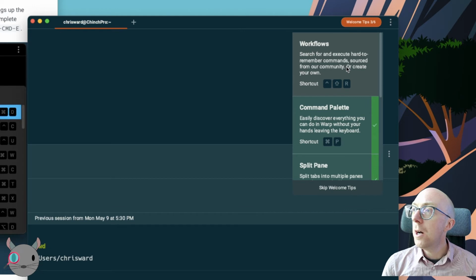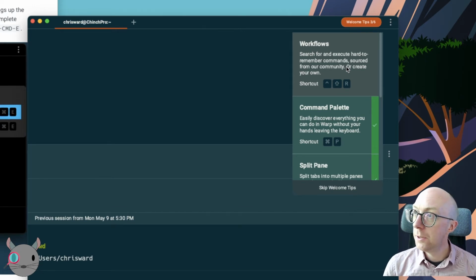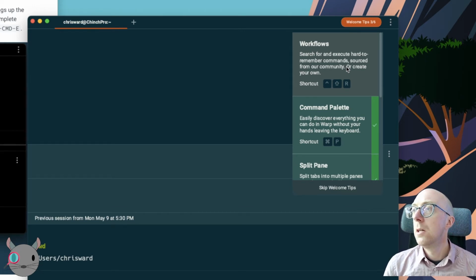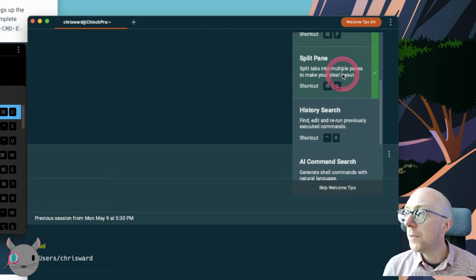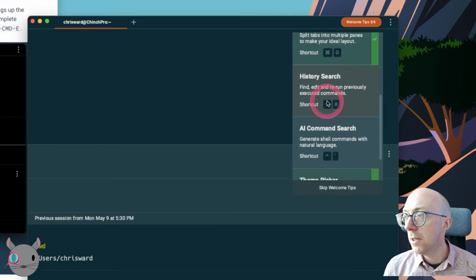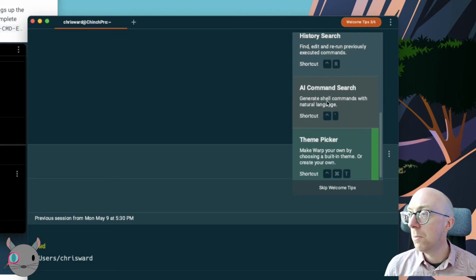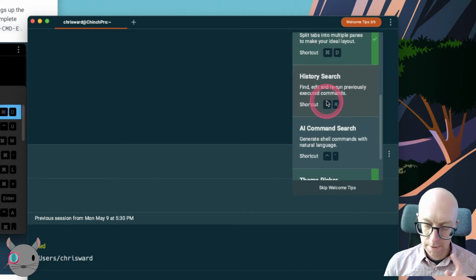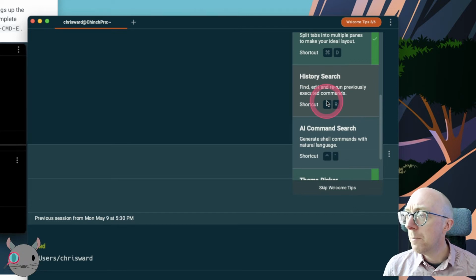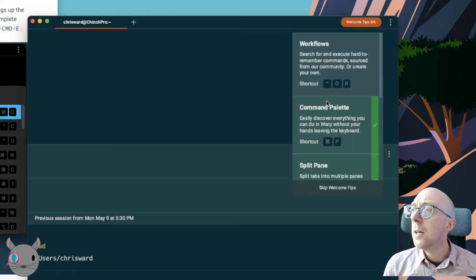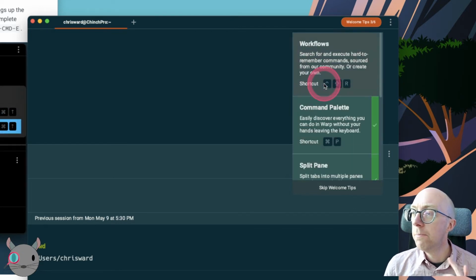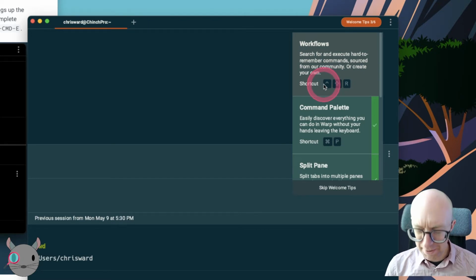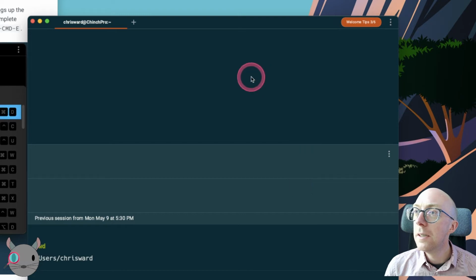Search for and execute hard to remember commands. Source from our own community. Okay. Split, we've done that. History search. Oh, that's pretty standard. AI, we should probably check that. Let's remember the shortcut. Backtick, that's a weird shortcut. It's control, isn't it? What am I talking about? I'm not writing French accent, it's control. Shift and R,